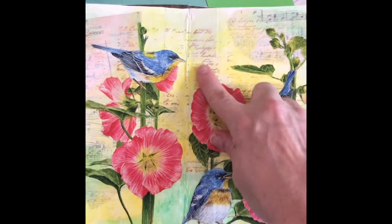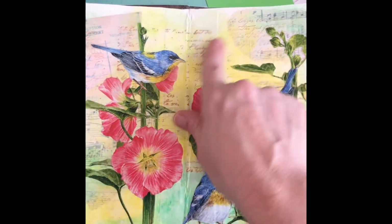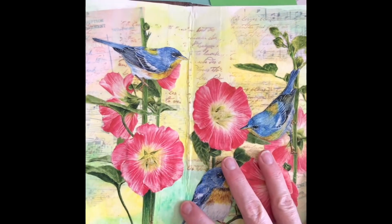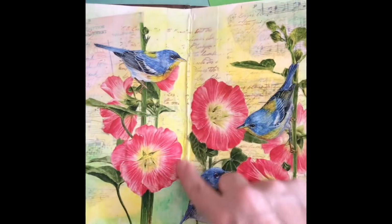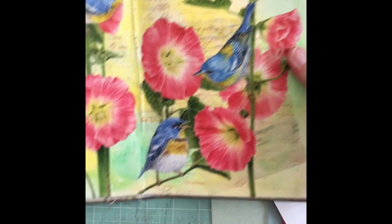and it didn't work as good as I had hoped. I can really see the edges, so I'm gonna have to learn how to play with that and get that a little bit flatter. And then as it dried and I closed the page, it really cracked a little bit, but that's okay. I'm learning, and I'm having a lot of fun doing these mixed media pages,